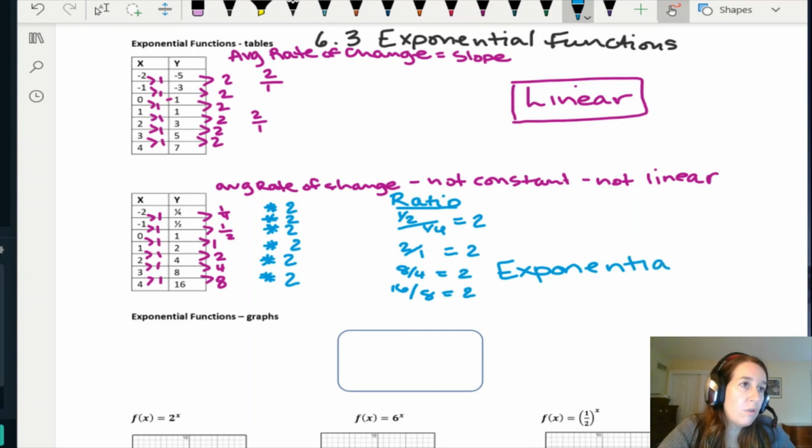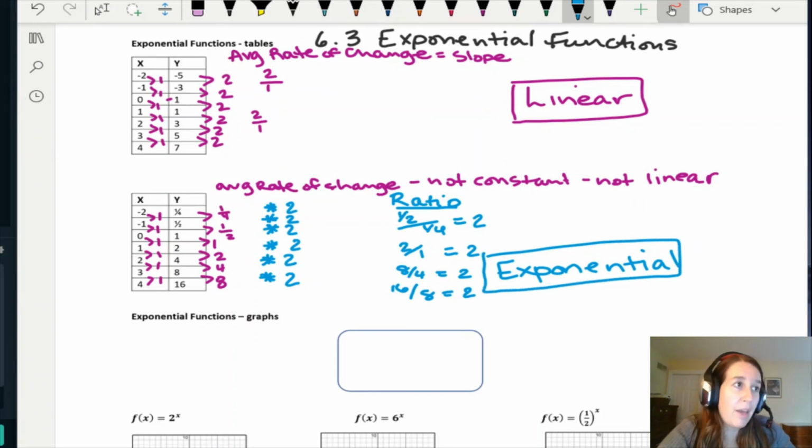You don't want to just stop at looking at the slope and seeing if the slope is the same, and then if it's not, say, oh, it's exponential. I mean, it could be quadratic, it could be some other pattern, but